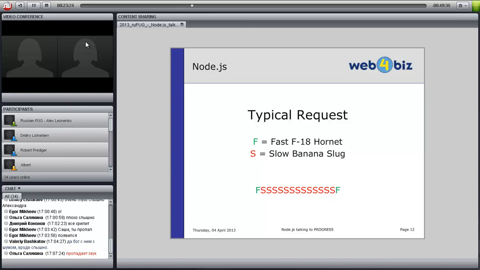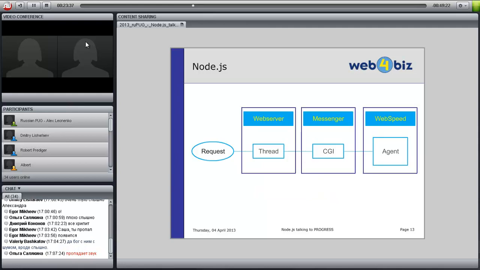So, especially for Progress, we have an external request. We go to the web server. The web server creates a new thread, goes to the messenger, and the messenger gets a connection inside of the agent.